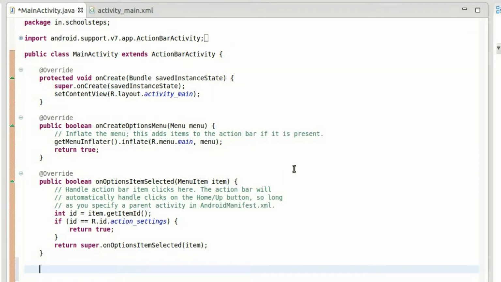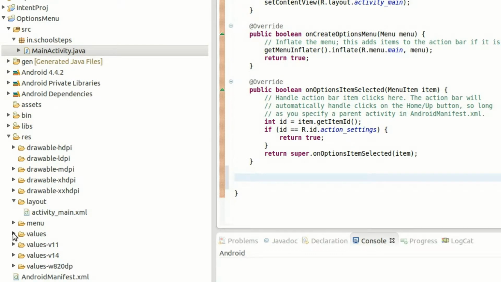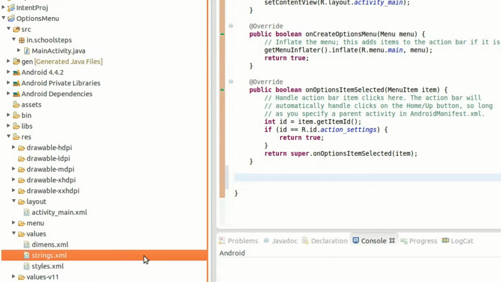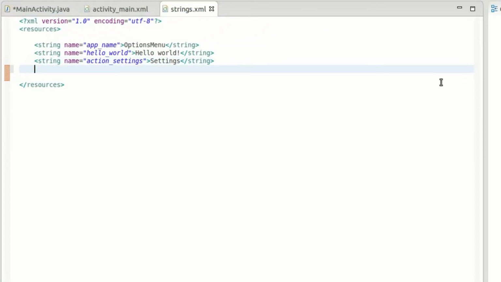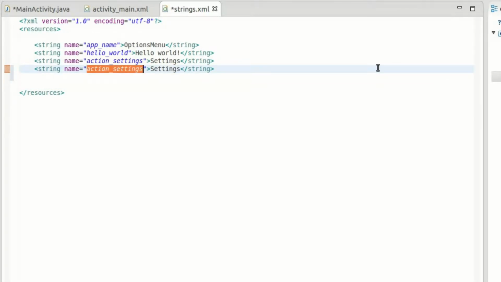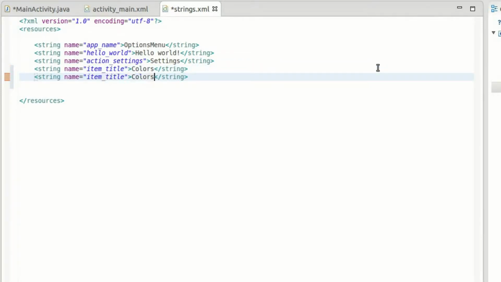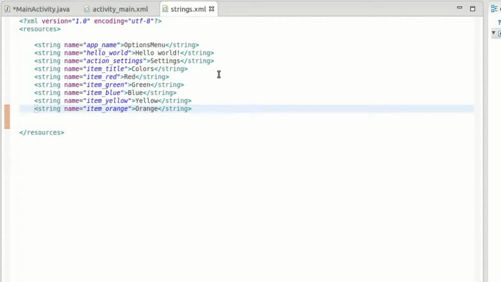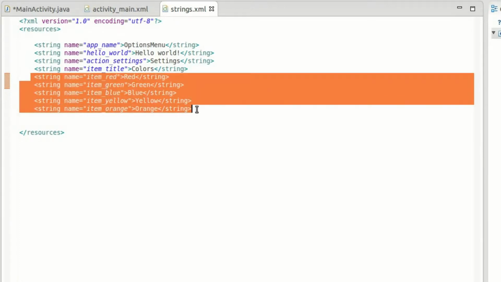Let's create the options menu. On the left hand side, expand the folder values and double click on strings.xml. Right here, let's make a few entries. Let's give the name as item_title and let's give the value as colors. Let's make one more entry. Let's say red and let's say item_red. In a similar way, let's create entries for 3-4 more colors. So what we have done is we have created one string with the value colors and multiple strings with the